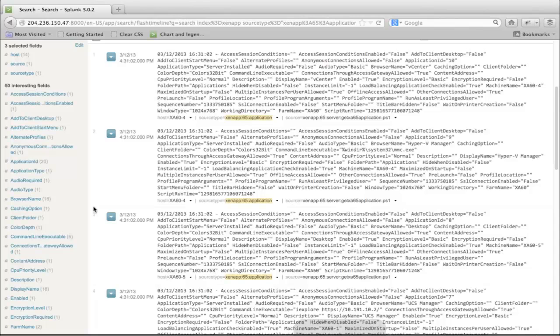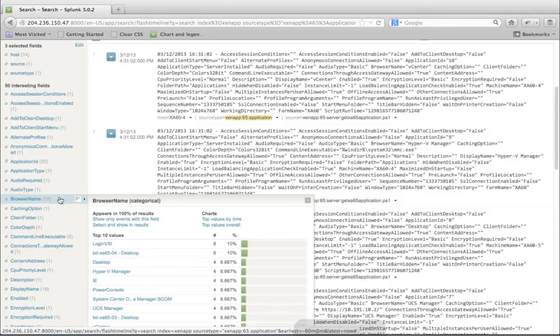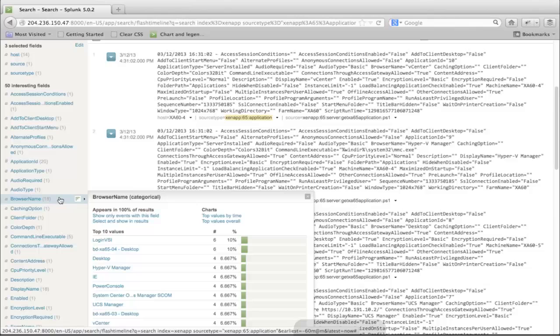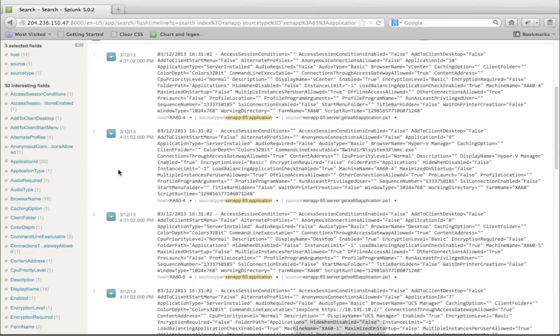And so you'll actually start to see some things that look more familiar to a XenApp administrator. People that have been doing this a while will know that app browser name is actually the published application's advertised name in XenApp. So when you go publish an application and you give it an application name, that's called the browser name. We alias that later on in the XenApp app, so you can say application name instead of browser name, but by default, out of the box, Citrix calls it browser name. So here's all our published applications that are in this particular environment. So we're starting to get a little bit more usable in our data, but still, this is really just kind of like reading log files.